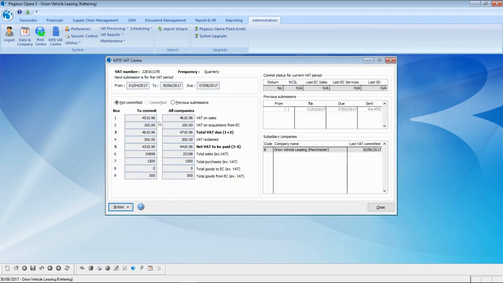And if we look at the main MTD VAT Center, here are the 2 columns. The To Commit column shows the values on the 9 boxes of the VAT return for the parent company, and the All Companies column shows the values on the 9 boxes of the VAT return for both the parent company and the subsidiary companies that are listed over here under this subsidiary companies table. Remember, we could have multiple subsidiary companies feeding into the parent company for a group